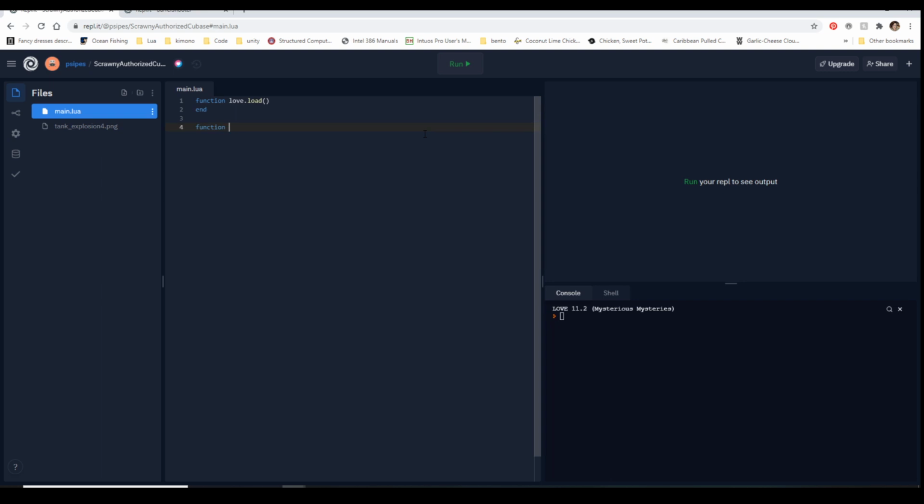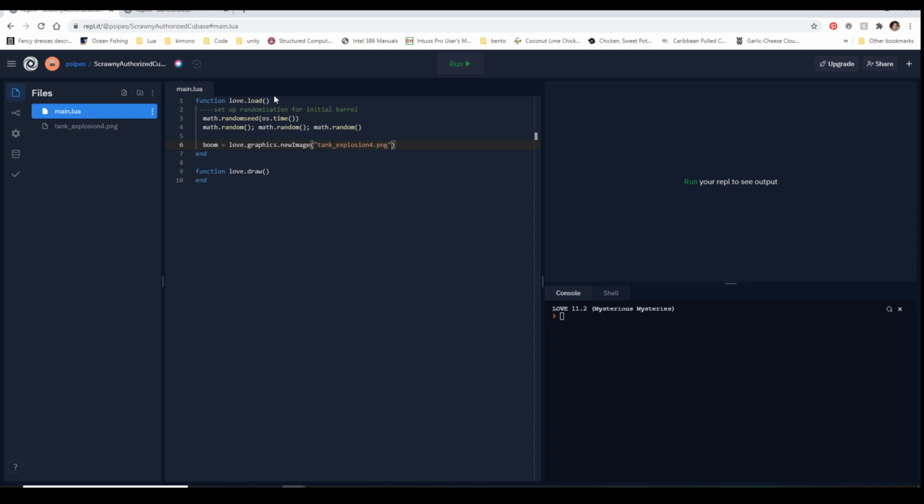And then function. So when you have this and you do your randomization, you have your image, boom, equals love.graphics.newImage, tank_explosion_4.png.